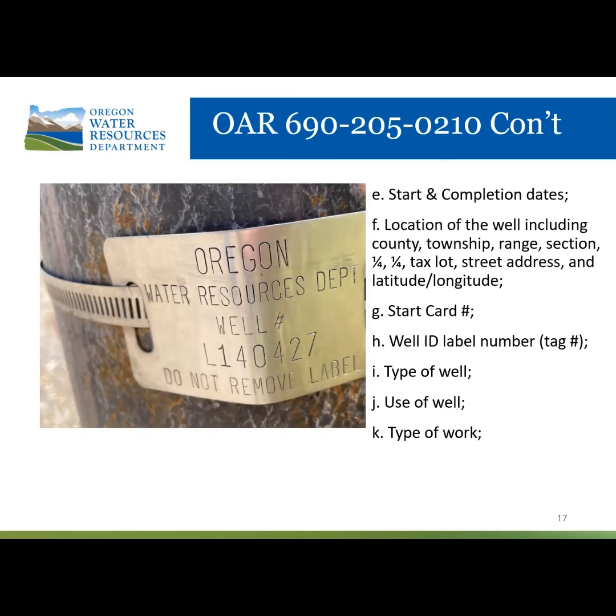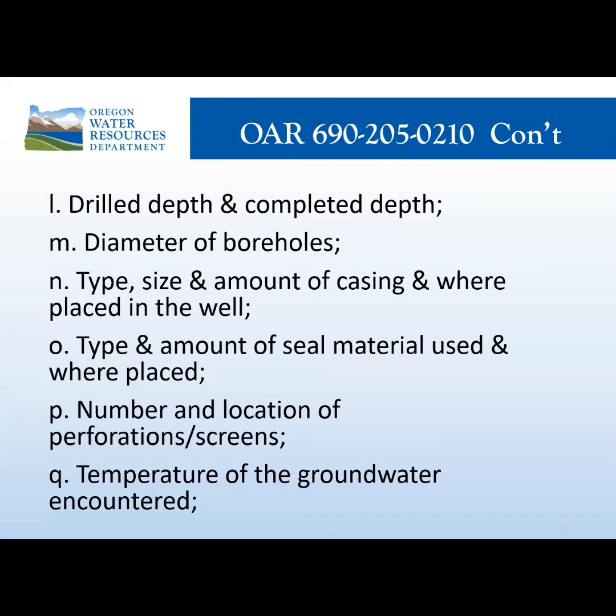Start and completion dates, the location of the well, including county, township range, section, quarter, tax lot, street address, and latitude and longitude, the start card number, the well ID label number, also called a tag number, the type of well, the use of well, the type of work, the drill depth and the completed depth, diameter of boreholes, type, size, and amount of casing and where placed in the well,